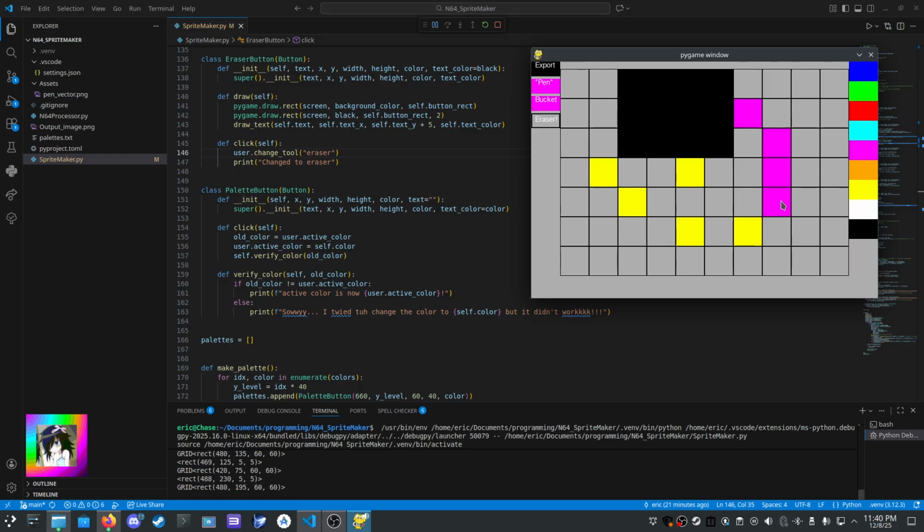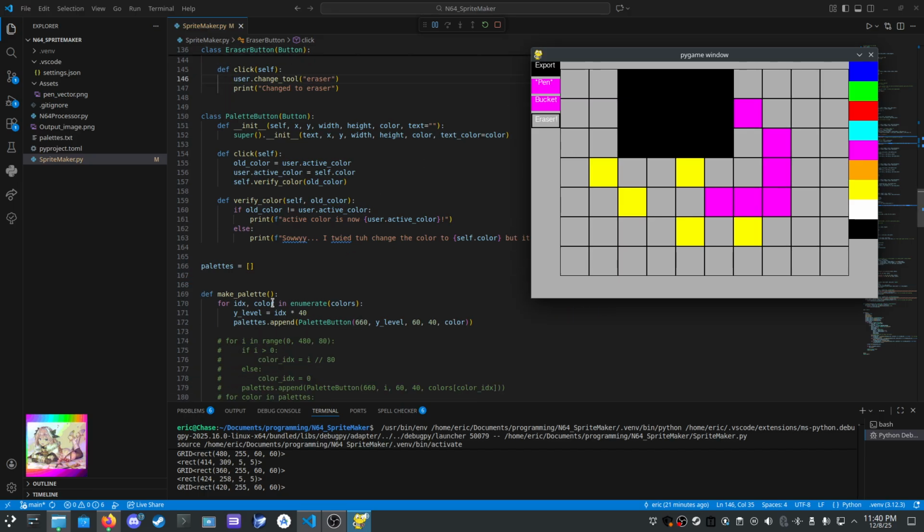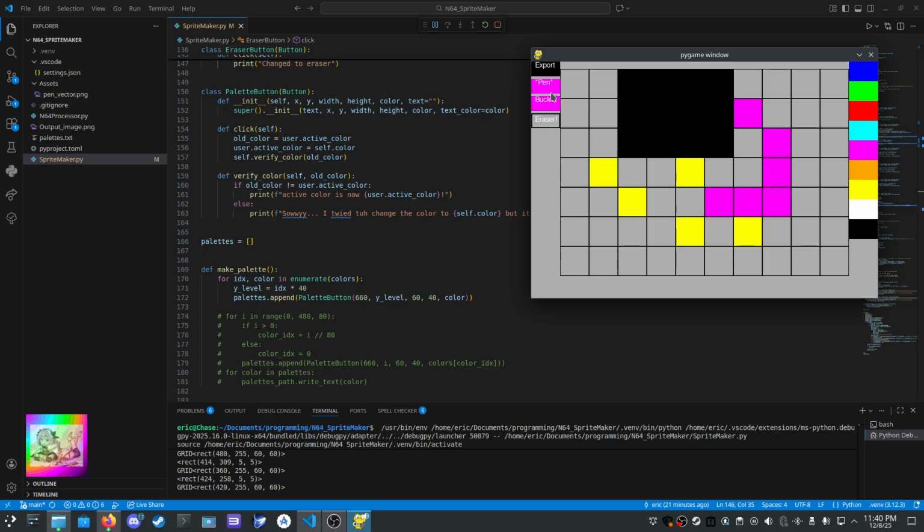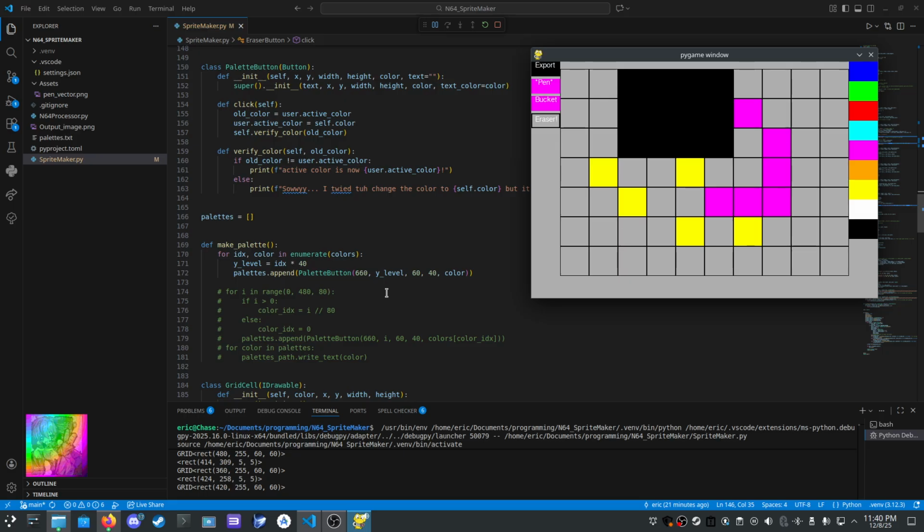But yeah. Boom shakalaka. And then we only make the palette once. Every frame, we're not regenerating it, we're just redrawing it. So we'll only make the palettes here once, because that'd be stupid.